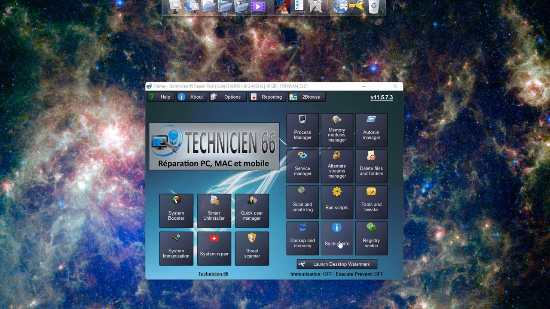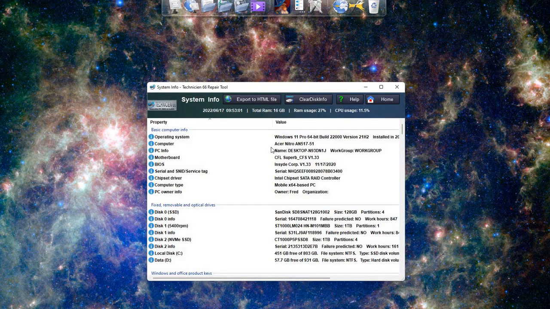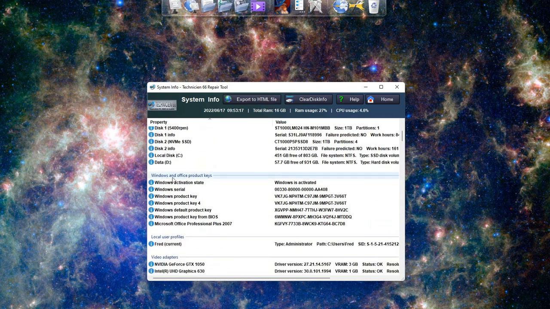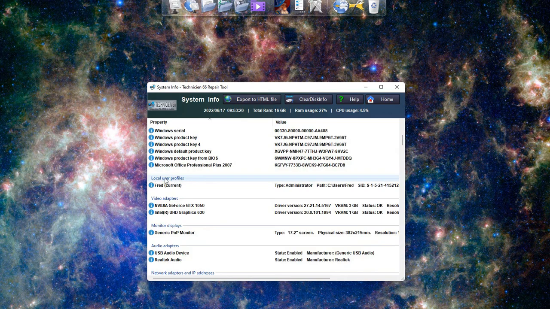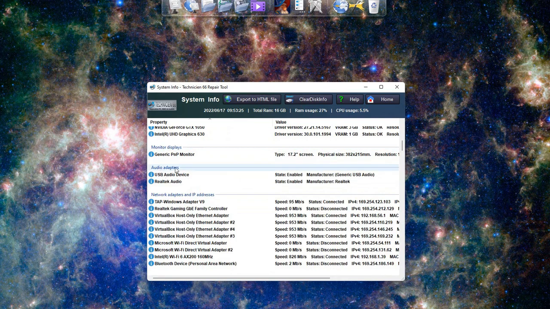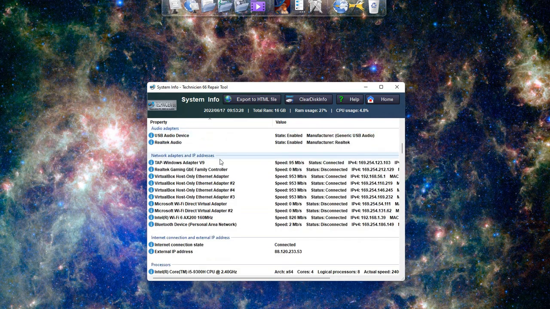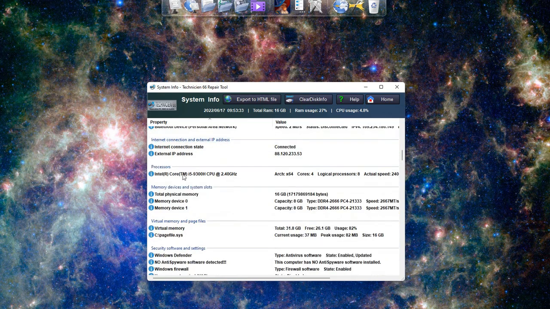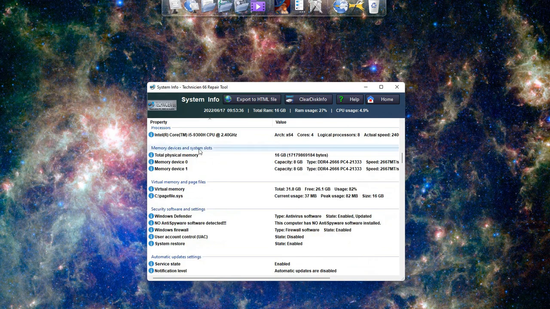Let's go check system info now. This module is mostly informational. It displays hardware and software information about the current computer in groups. You have basic computer info, fixed, removable and optical drives, Windows and Office product keys, local user profiles, video adapters, monitor displays, audio adapters, network adapters and IP addresses, internet connection and external IP address, processors, memory devices and system slots,